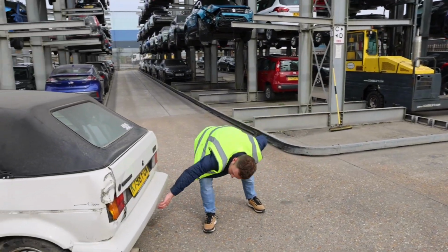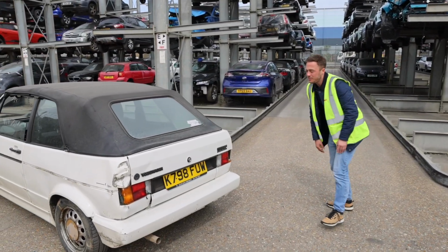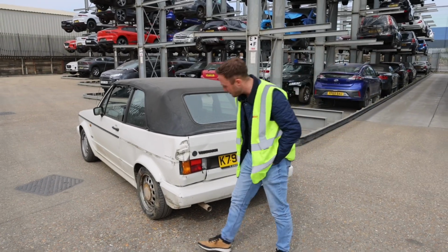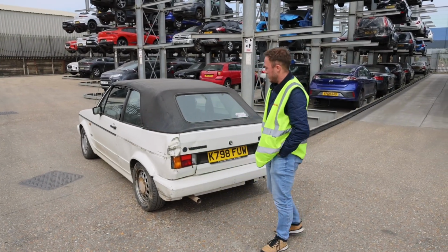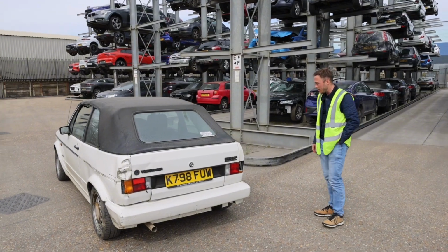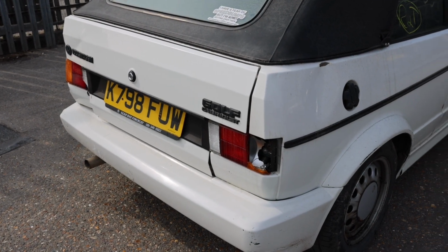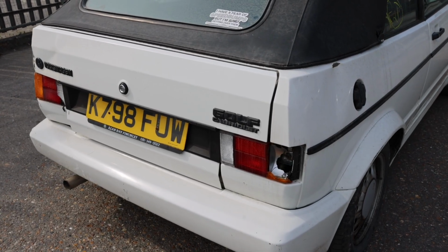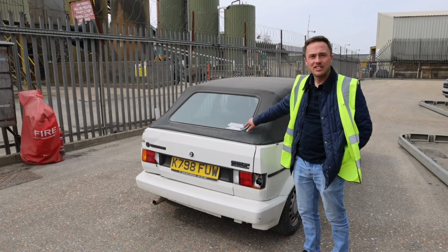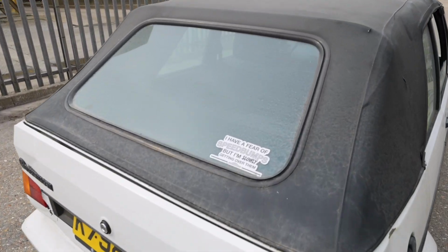Centre, there's some marks as well. All looks good. Yeah, I'm sure someone might be able to salvage that. I can't imagine these are high in supply. And if we come around the left here, again, rear quarter, it's had a bit of a dink here. I think there are some signs this car really didn't like speed bumps on this one, so maybe that's why